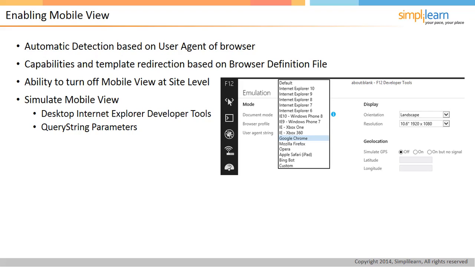There is another way to get to see the mobile view as well. This always displays only the contemporary view for the site. All you need to do is append the query string mobile equals 1 at the end of the URL to the SharePoint site. This will then switch to the mobile view of the current page, as well as any page